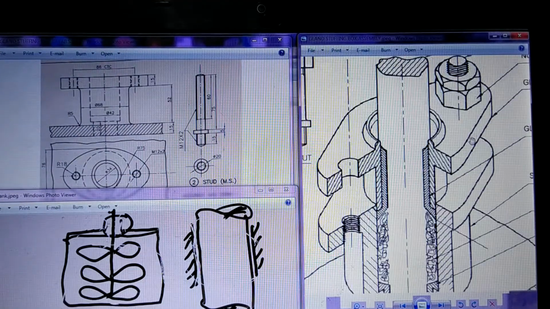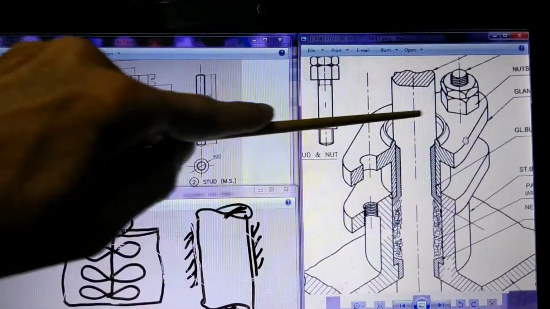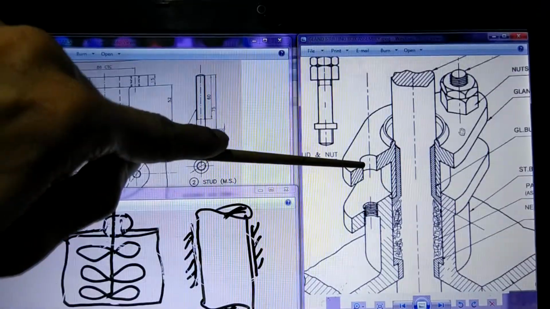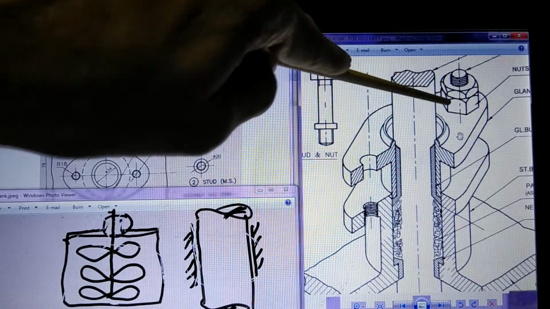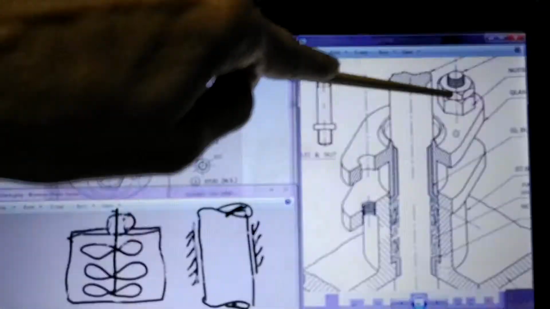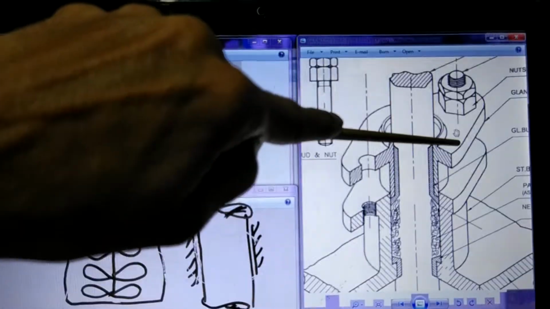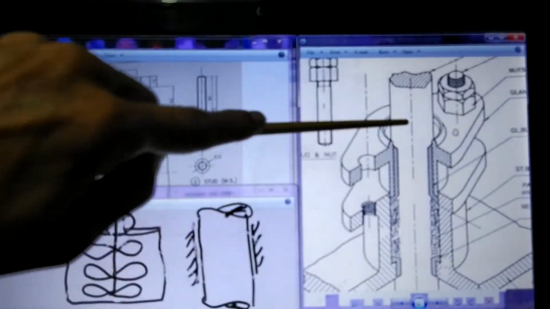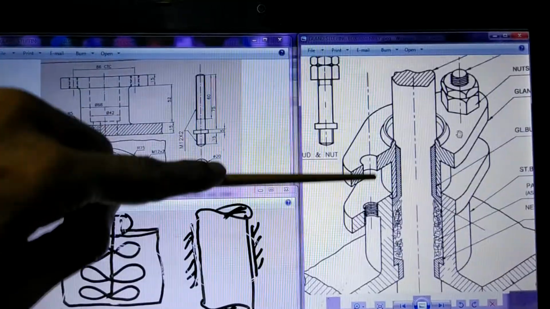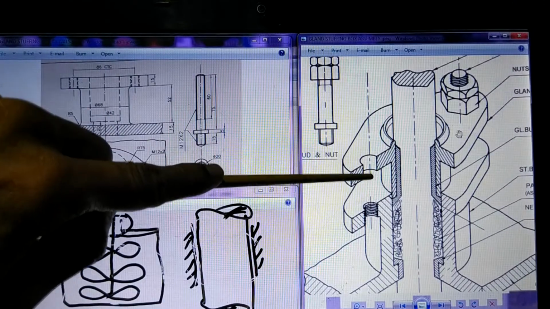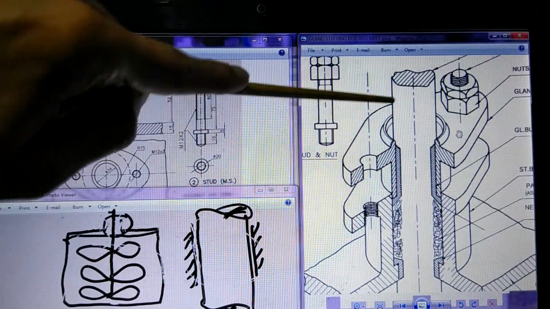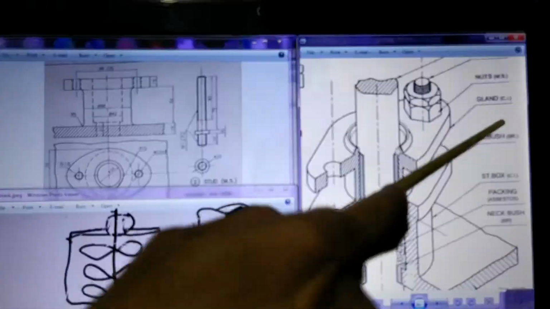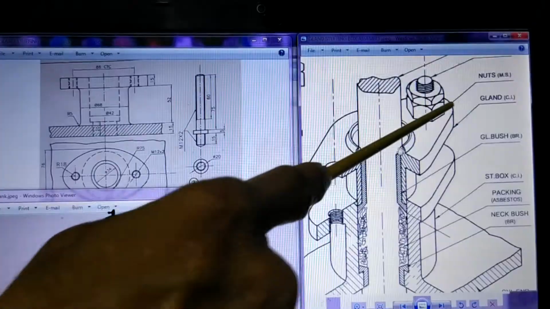So now imagine that at this place there are two studs fitted, and here there is a nut arrangement like this. Now when you try to rotate this nut, it will go down on this threading, and when it goes down, this part will be taken down, because there is no threading here, there is a clear hole. So you are pushing this particular part. Now this part is called a gland. This gland is getting pushed down when you rotate these nuts.